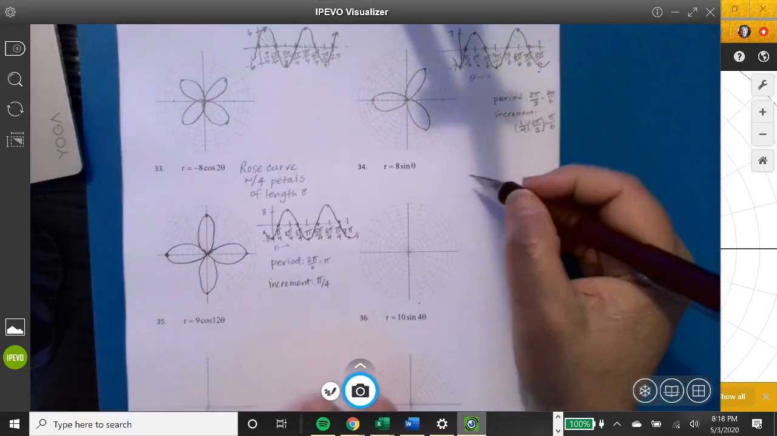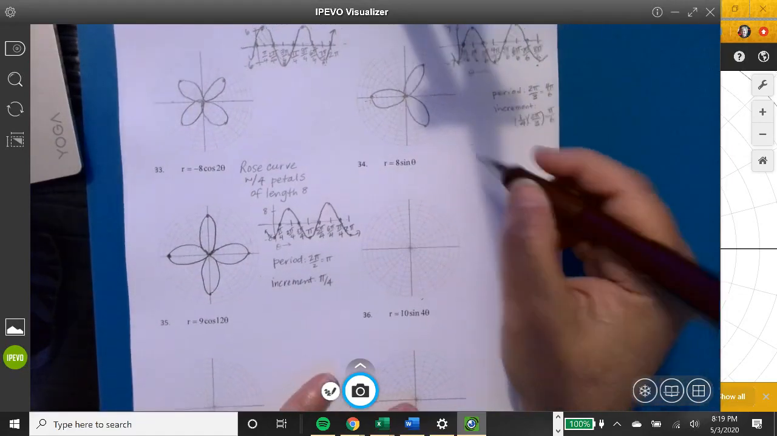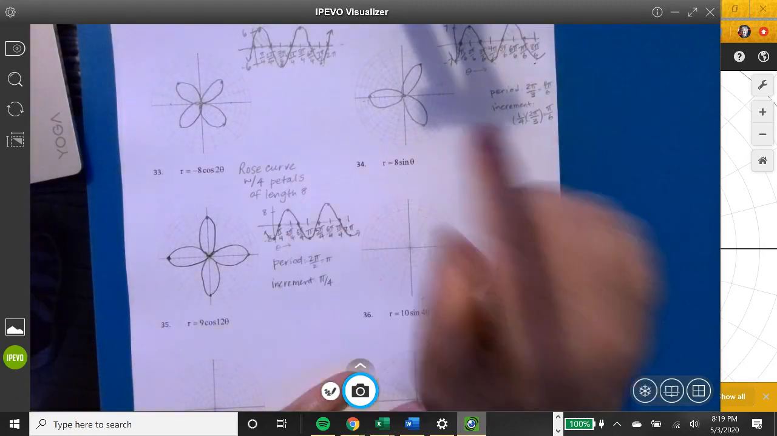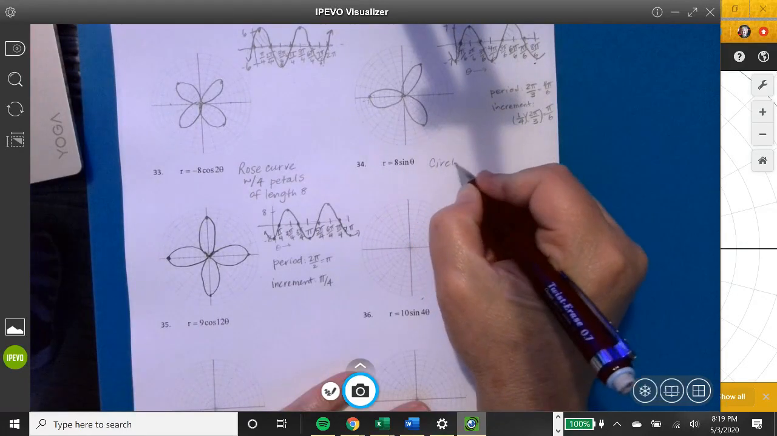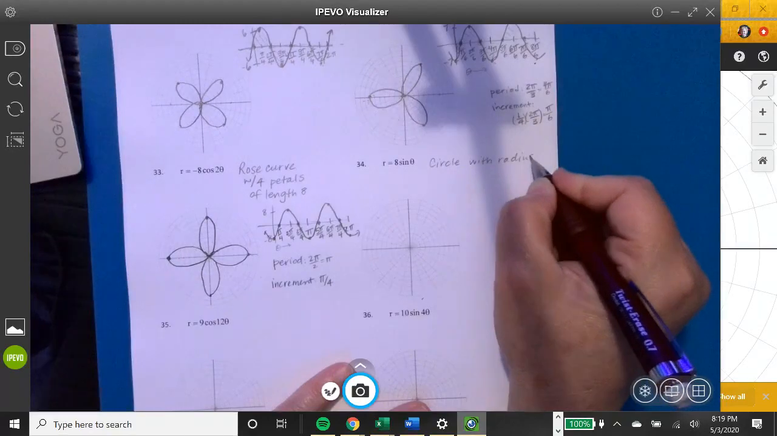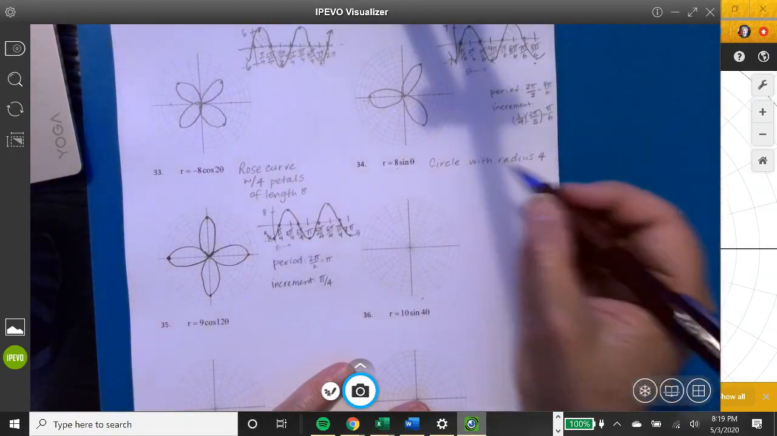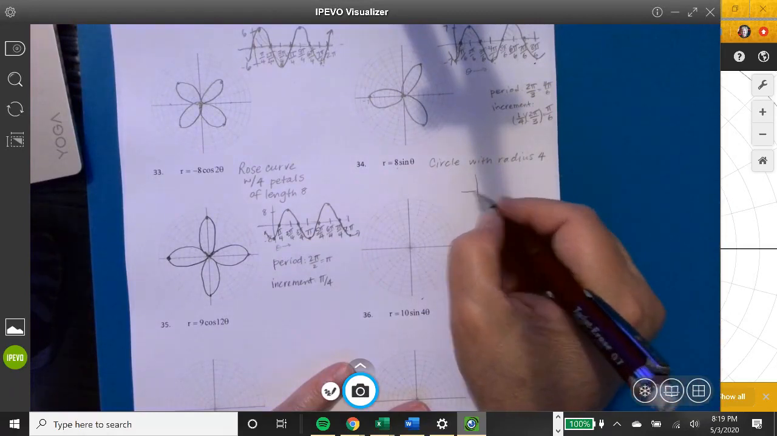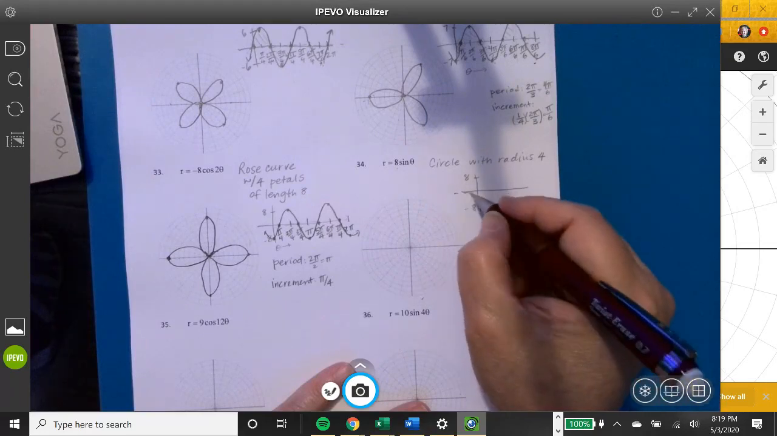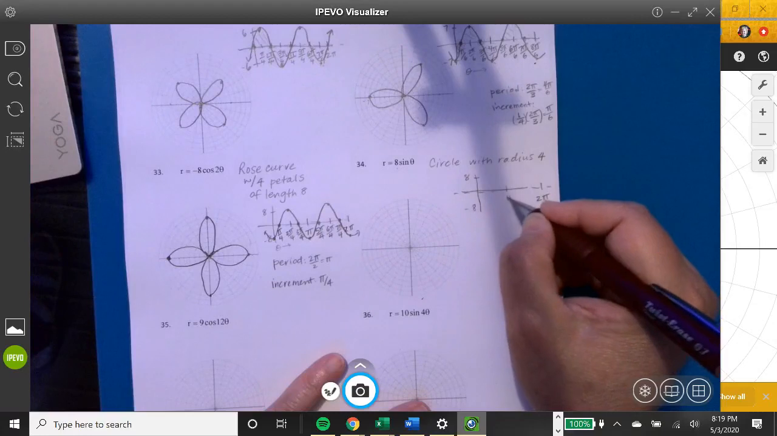Next one, 8 sine theta. Oh no, the b factor went away, which means this is no longer a rose curve. This is a circle with radius of 4. Because remember, the coefficient here is the diameter. Okay, but we're going to graph it to prove it to ourselves. My amplitude is 8. And it says a sine curve. And I have a 1 period factor,